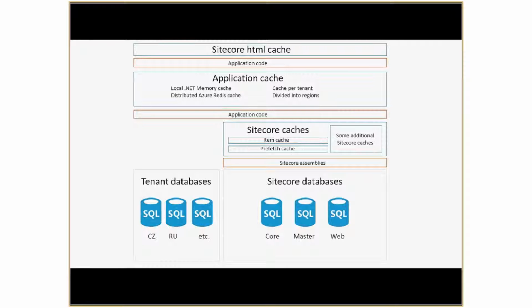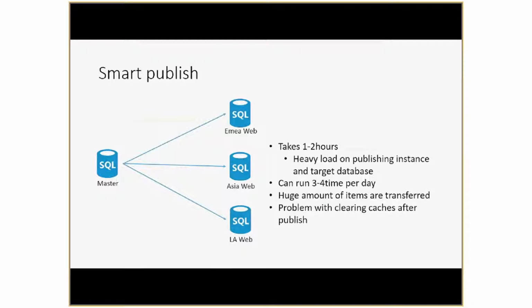And to get it complete, again some application code, and the complete top level is the Sitecore HTML cache, which is caching directly the output of some rendering. Now, if we understand how the caching works in Sitecore, I think we can move to the